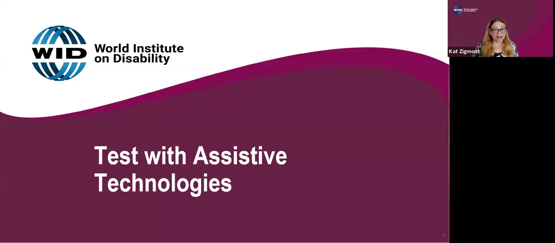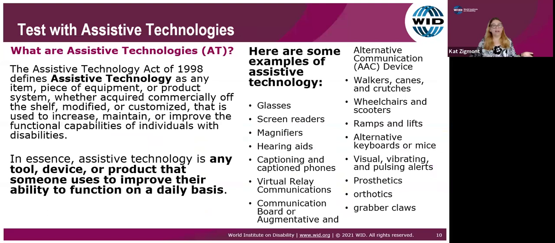test with assistive technologies. What are assistive technologies? I have a definition here: any item or piece of equipment or product or system, whether acquired commercially or off the shelf, that is used to increase, maintain, or improve functional capabilities of a person with a disability. What does this mean? These are technologies that interact with digital products, and that this is what you need to